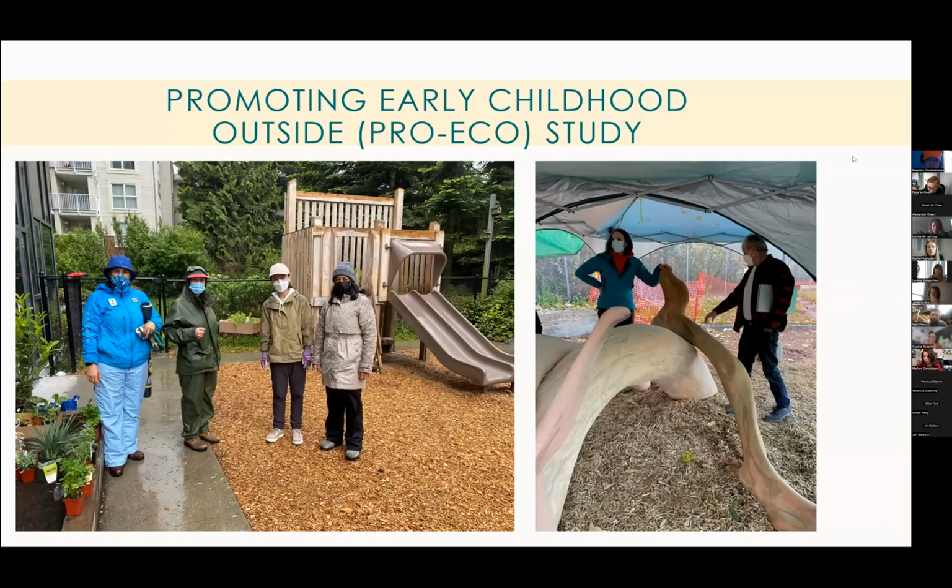So the Promoting Early Childhood Outside study, as I mentioned, worked across 8 childcare centers in Greater Vancouver. We collected data through observational behavior mapping, as Janet spoke to, and we used a place or a center-based approach. So our team scanned the outdoor play area, and we would record 15-second play observations using the same variables that Janet has talked about. So that tool, where we looked at play types, we measured activity intensity, risk-taking behavior,